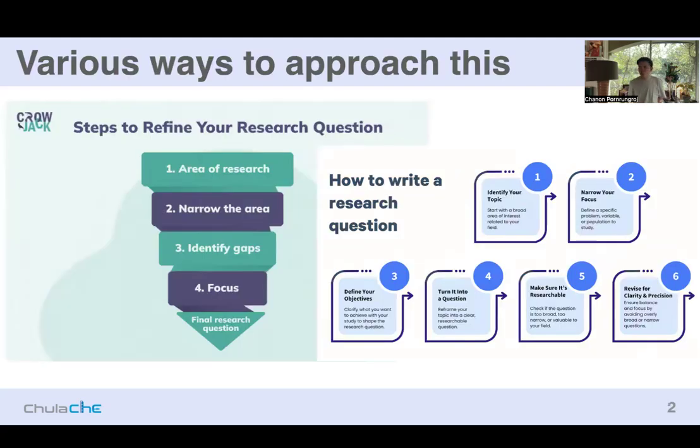So there are various ways to come up with your research gap and research questions. And when you search online, you will see various ways, you know, one, two, three, four, five: identifying the research area, narrow down, identifying gap, focus, and then come up with your research questions. So all these things you can search online, and I would encourage you to do it. But